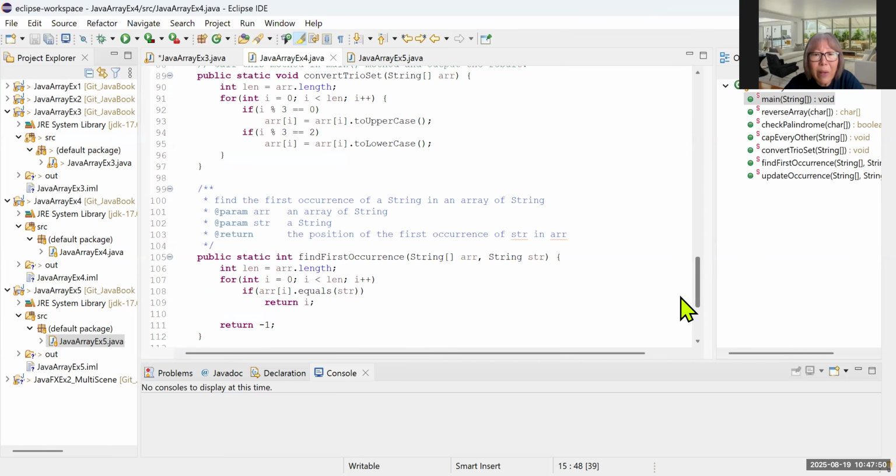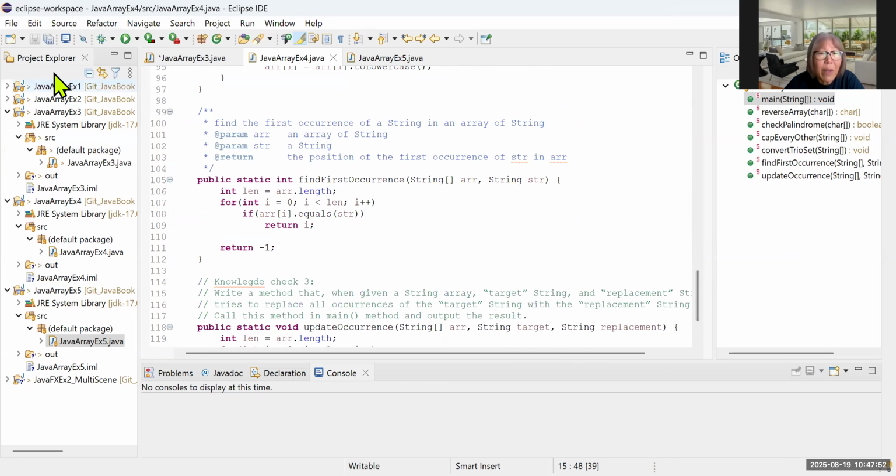So for the remaining, okay, we have another method. For this method, it finds the first occurrence. Okay, so what this function does is find an occurrence of a specified string in the array of strings. So the first parameter of this function is an array of strings. The second parameter is a string. Okay, so to do this, you can just call